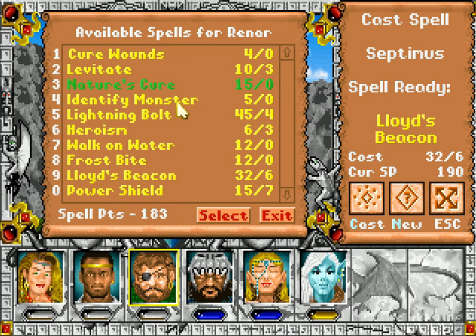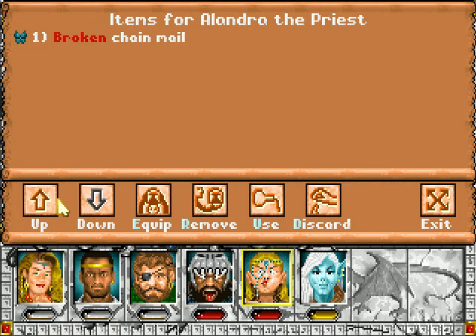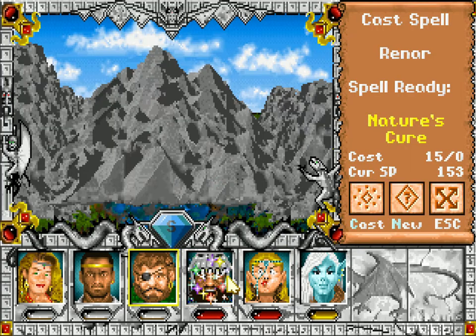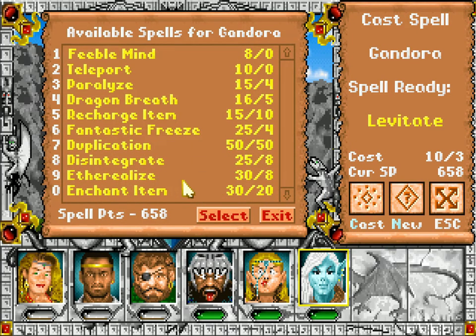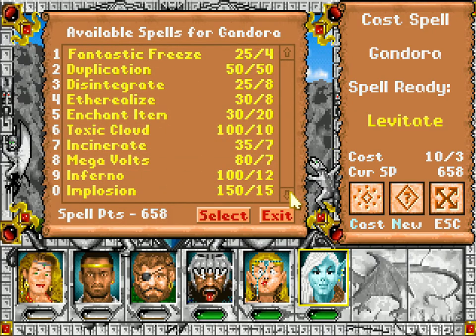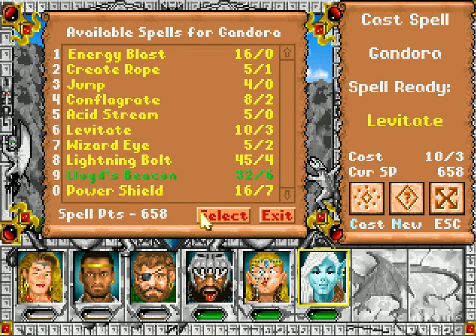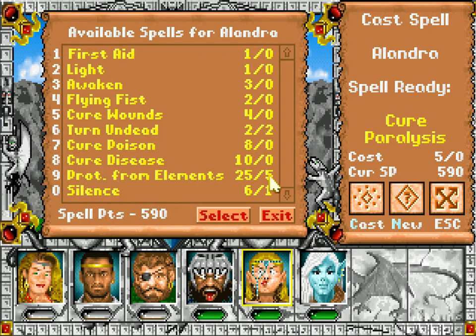Don't you have Nature's Cure? There it is. I'm just blind. And let me guess, all your stuff is broken? Yep, chainmail's broken and your kimono's broken, of course. Okay, so let's then Lloyd's Beacon back. Head back home, and we will...